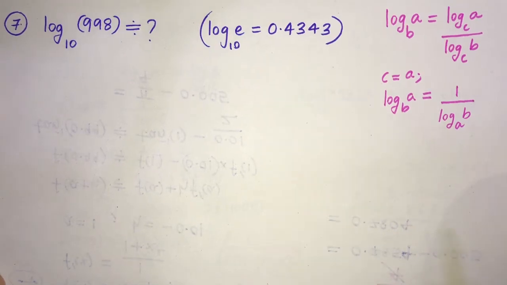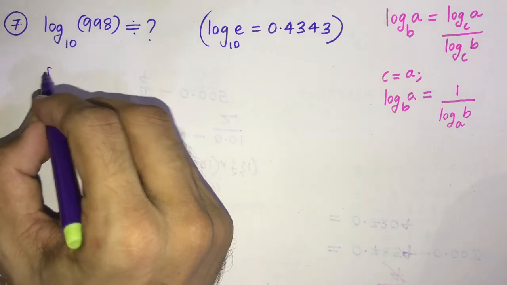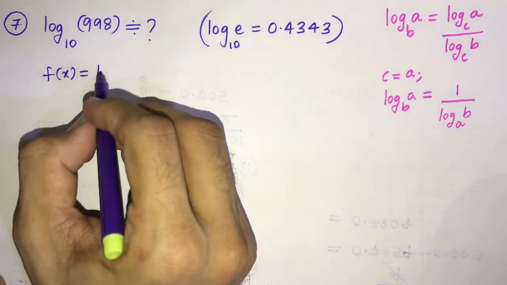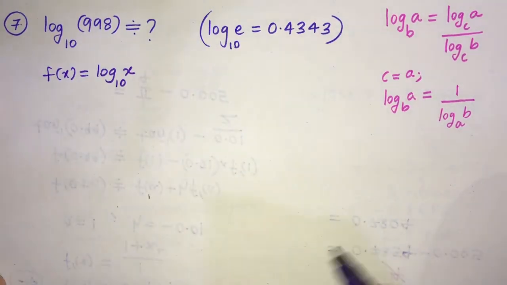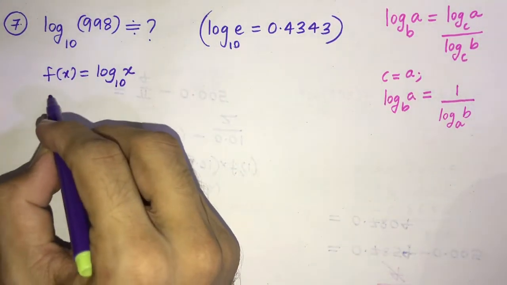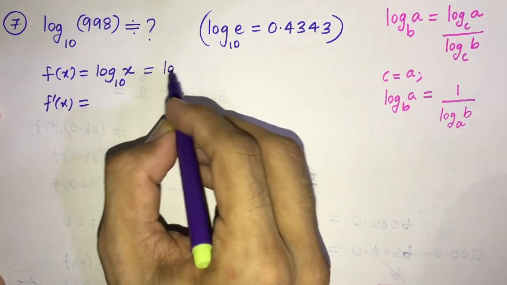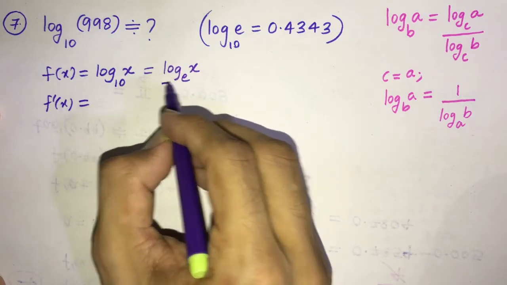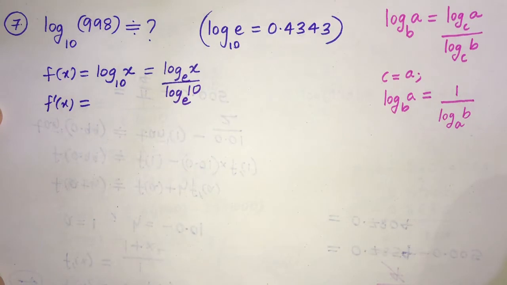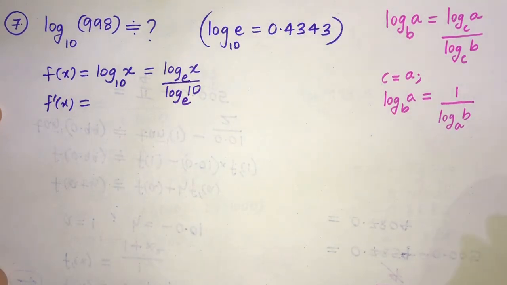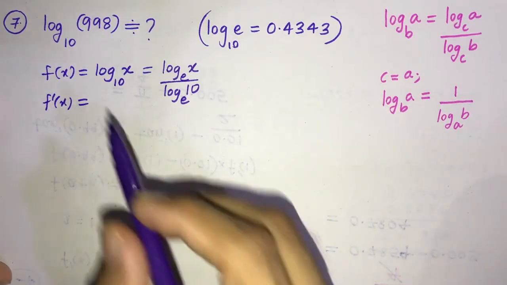Let us see where. Okay, so as we did in the previous examples, the first step will be identifying the function. The function will be log x to the base 10. Again, while finding the derivative, f dash x, you will have to write this by the change of base law as log x to the base e upon log 10 to the base e. If it is base e, we generally don't mention that. It is understood by default in maths that log without the base means base e.